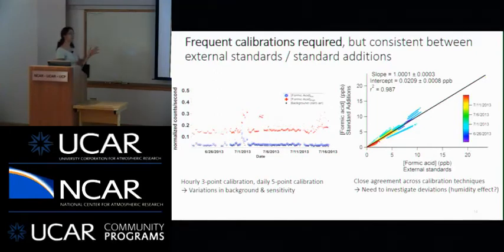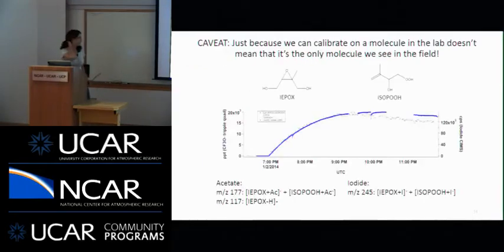Fortunately, if we calibrate the instrument with these external standards and standard additions, we get the same numbers. That's what this figure over here shows. So if we did formic acid from external standards and standard additions, if we use these two calibration techniques, we have a pretty good R-squared value of 0.99. We're looking at no biases. And that's what this says. If you use standard additions and you get the same data, we have no bias in our instrument. Okay, so that's good. So we can calibrate formic acid.